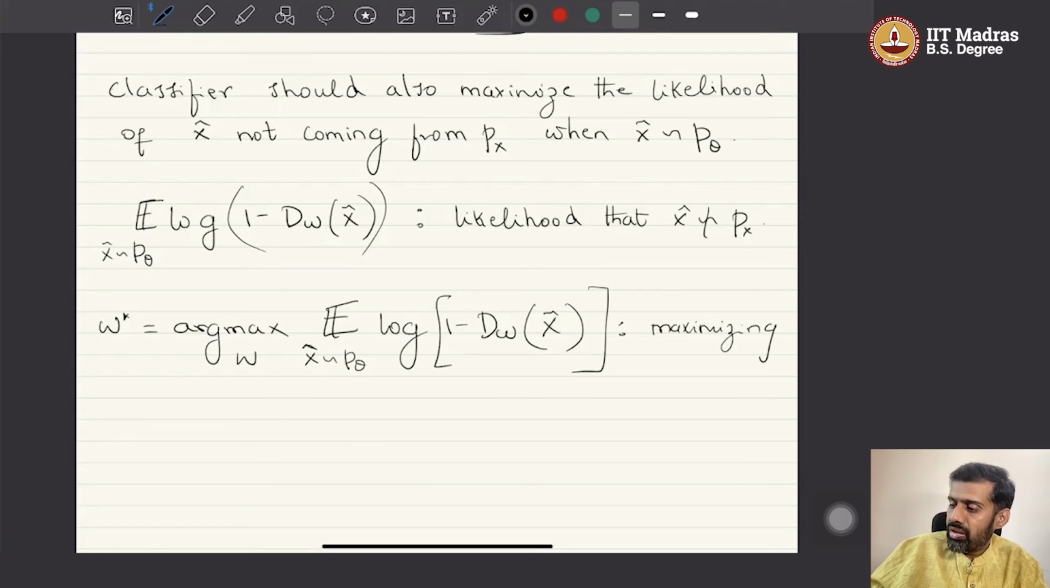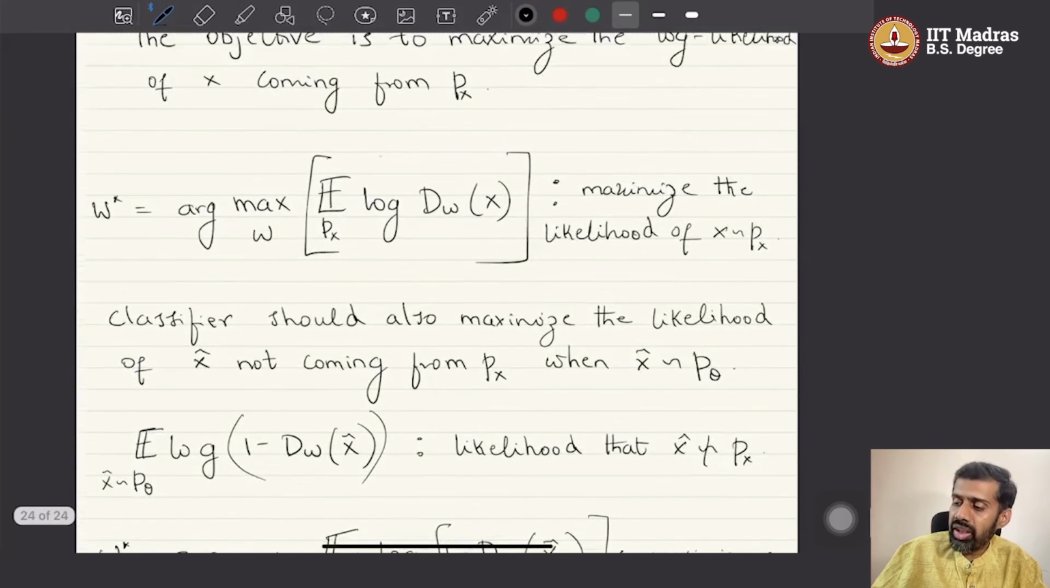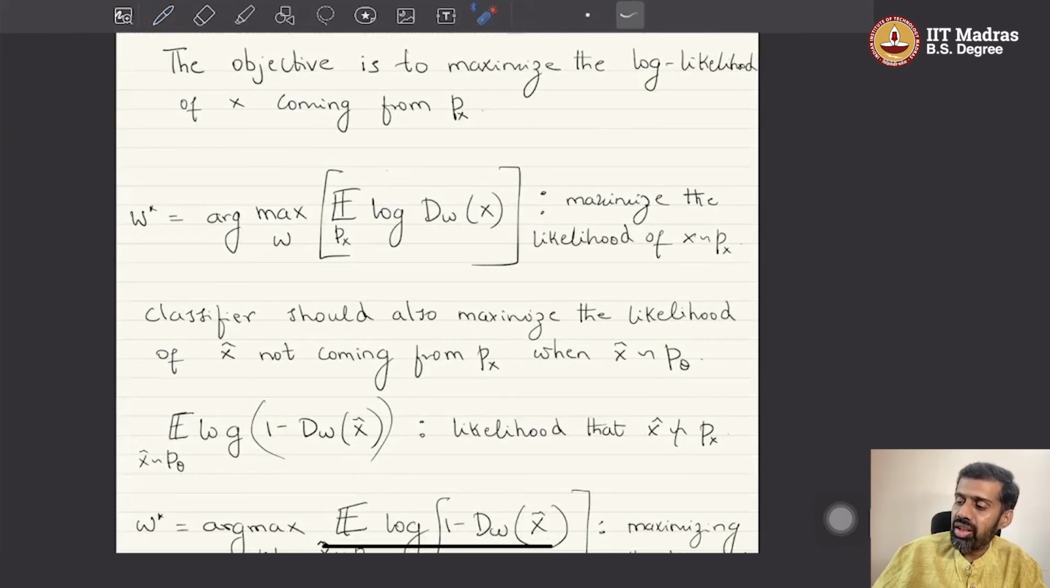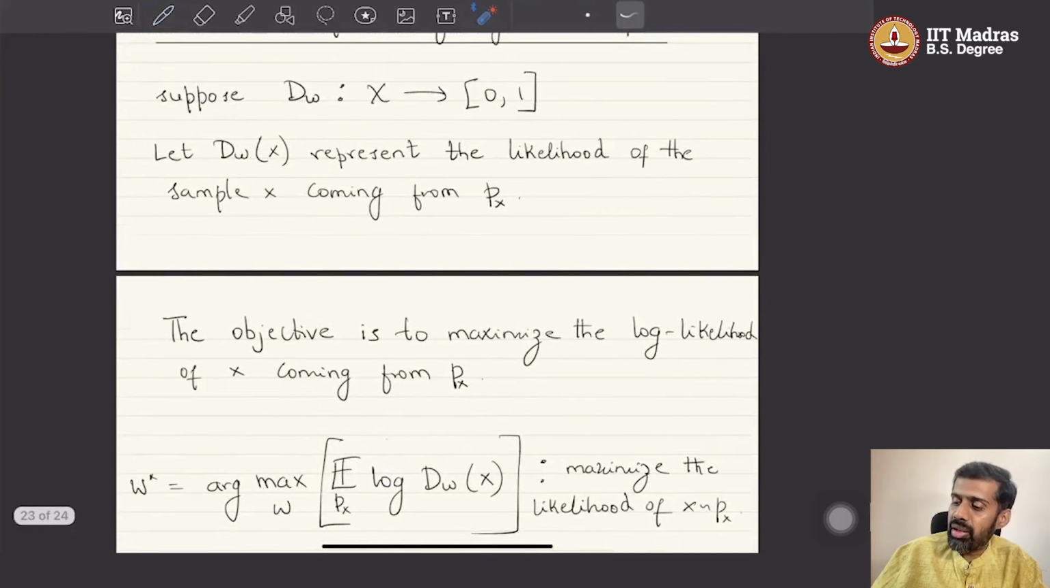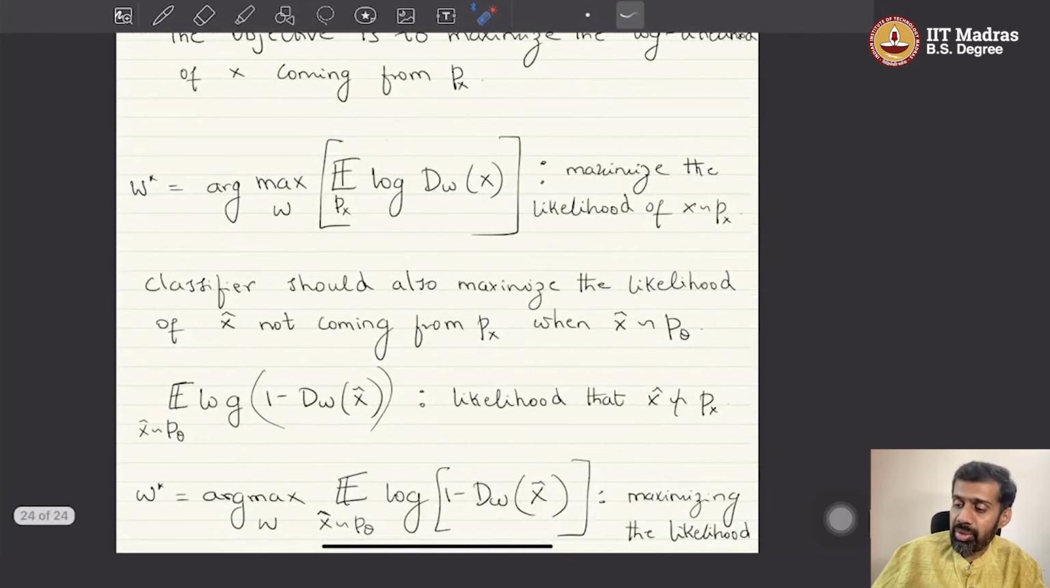Maximizing the likelihood of x cap not being sampled from px, whenever it is sampled from p theta, right? So we want two things to happen for this particular classifier, assuming that dw represents the likelihood of a sample x coming from px, we want two things to be happening,